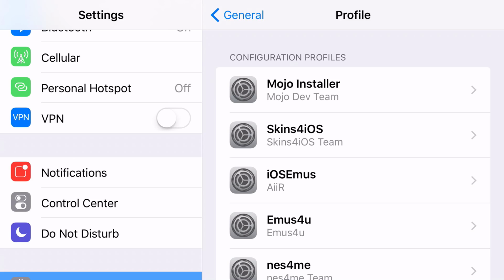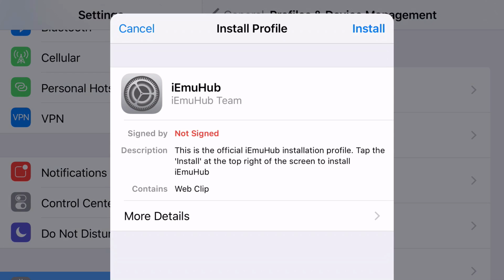Now from here it's going to ask you, would you like to install the profile or not? It's going to ask you, would you like to put in your password and all. I've already done all that, and let's say it doesn't pop up for you immediately. You just have to wait a little bit. It's going to be like install profile. I've already installed it, but then it's going to ask you, would you like to put in your